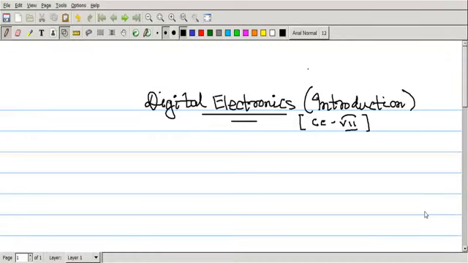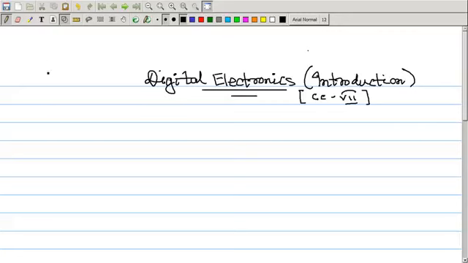Hello dear students, today we will start our discussion on digital electronics, which is the CC7 paper in your syllabus of third semester. As you know, you have come across some preliminary levels of digital electronics in your higher secondary classes. There you have learned about the digitization of the signal, that is, what you actually mean